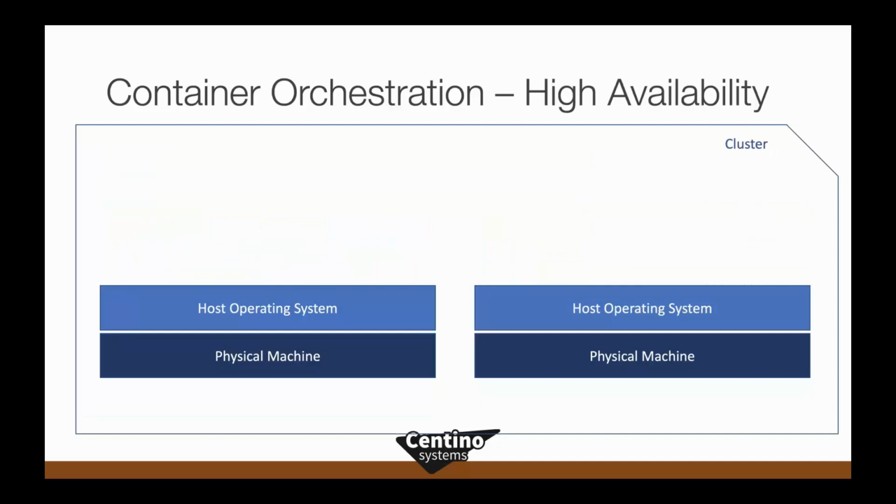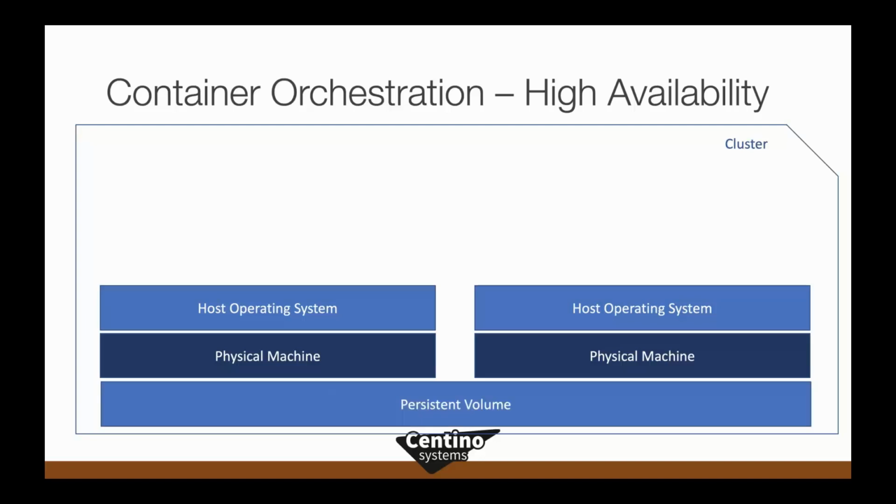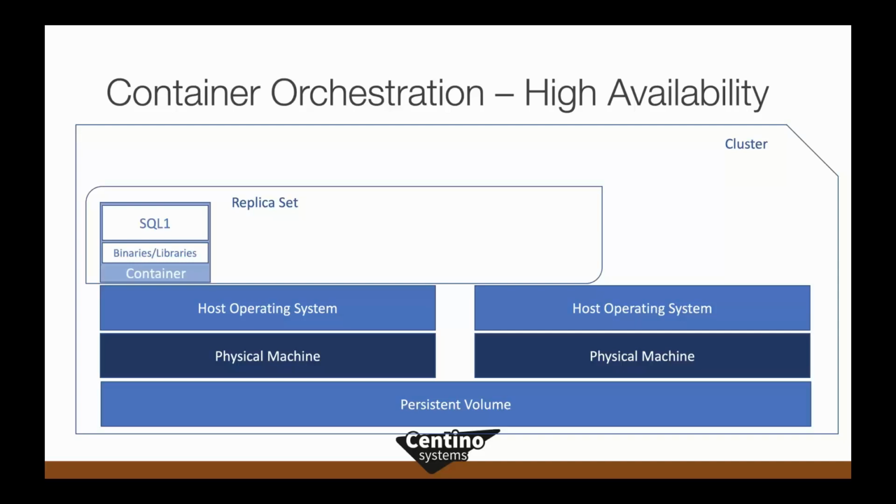And now let's shift gears from regular old applications to something a little more advanced that we would do in SQL Server. Let's say in our cluster we define a persistent volume, which we established a little bit ago as how we can store data persistently external to the container runtime itself. We then define in our cluster this thing called a replica set, which is a Kubernetes construct that basically tells Kubernetes to make sure that there's always a fixed number or a defined number of a particular type of container running at all points in time.